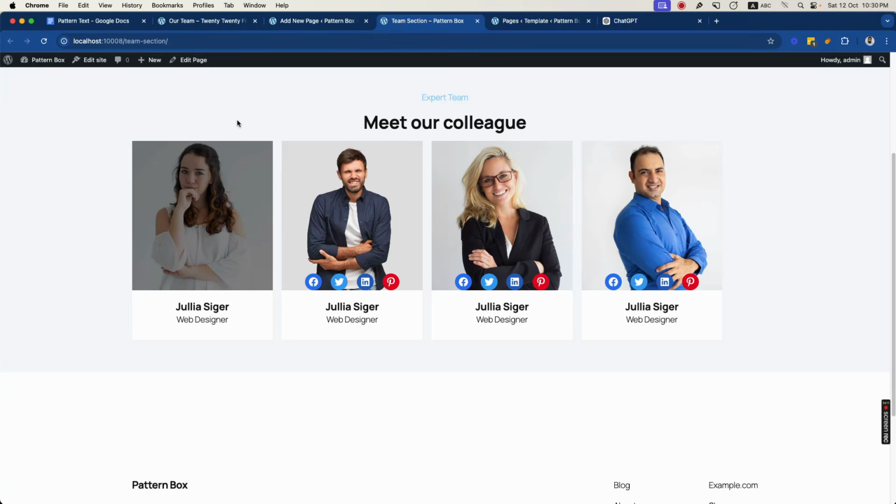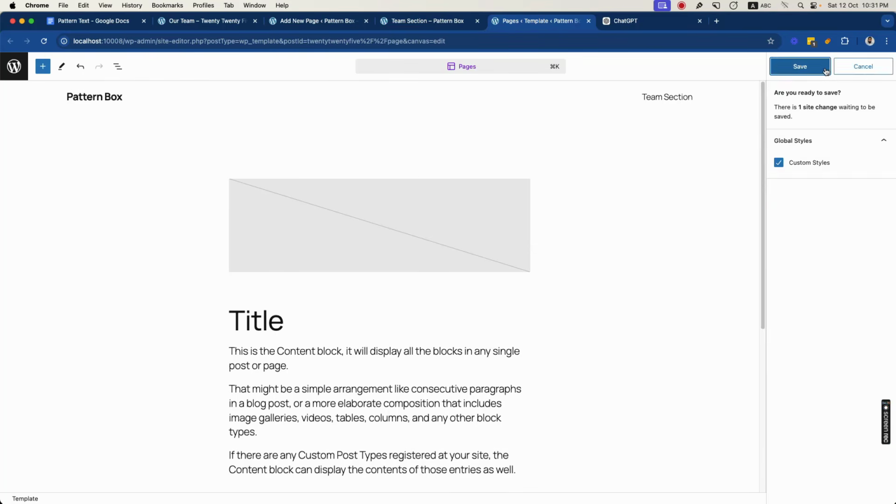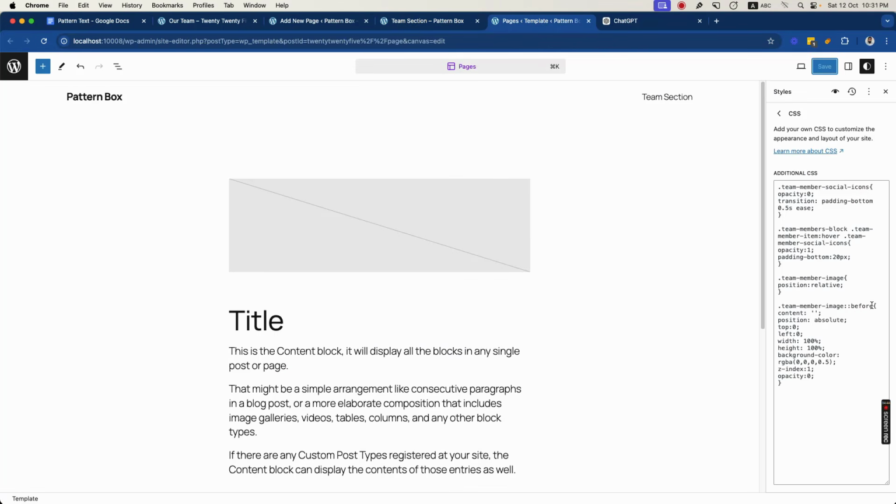Now I will make it invisible with opacity 0. So when someone hovers on it, I will add the opacity 1 to make it visible again. So let's add opacity 0. And now it's totally invisible. And then I will select the same class again. And when someone hovers on it and its pseudo element of before, I will just make the opacity 1. So someone will hover on it and will be able to see the overlay